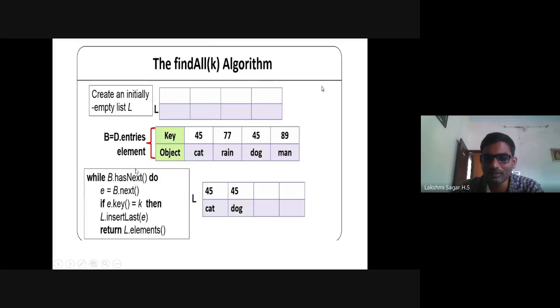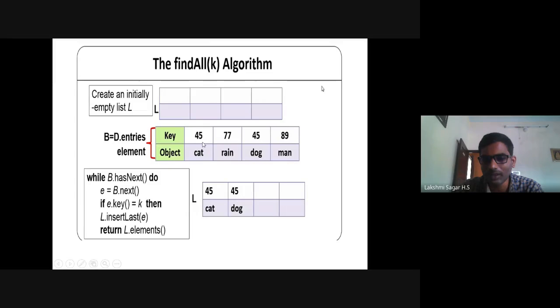Next, this is the algorithm. You have used a while loop in order to check the key is 45. Suppose wherever 45 is present in that particular array, you want to display it. Then you can use this algorithm in order to check whether the same key is present or not. If the same key is present, then it will return its value or element, otherwise it will exit from the loop.